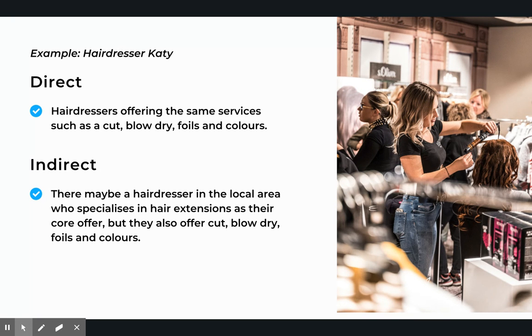We've got hairdresser Katie here. So her direct competitors would be hairdressers offering the same services such as a cut, a blow dry, foils and colours. Then she might have some indirect competitors. So there may be a hairdresser in the local area who specialises in hair extensions as their core offer, but they also offer cut, blow, foils and colours. So can you see how they're just a little bit different? We've got a direct who's offering exactly the same. Indirect is somebody else has got a different core offer, but their sub offers are exactly the same as what